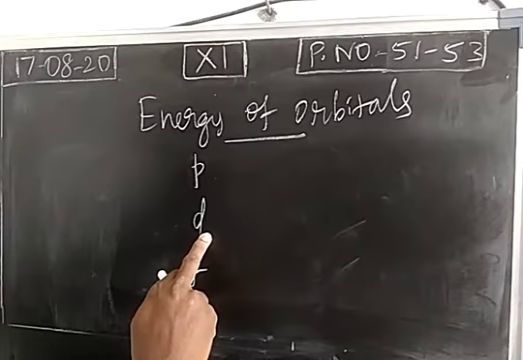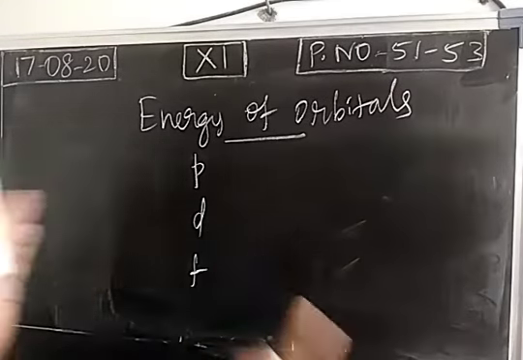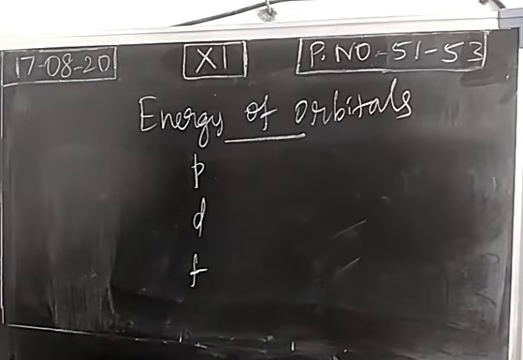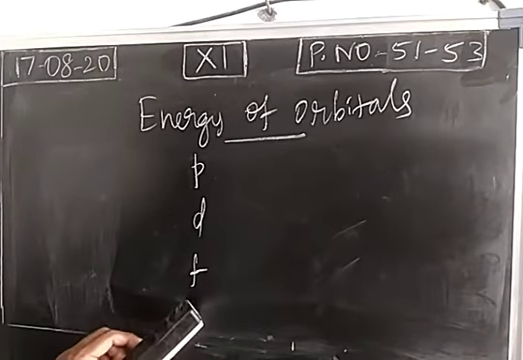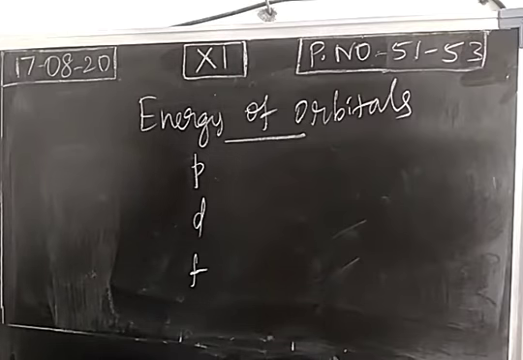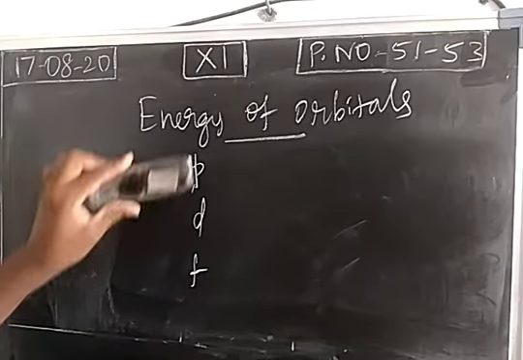In the presence of a magnetic field or electric field, they split into two sets, the T2g set and the Eg set. The F orbitals are of 7 types. If all are having equal energy, they are degenerate orbitals. So we have to know the meaning of degenerate orbital or degeneracy.